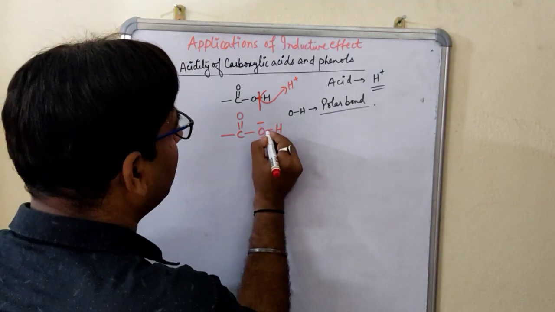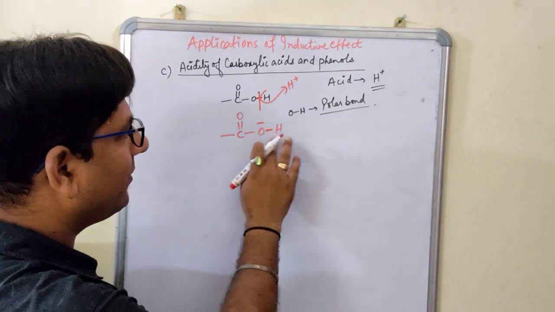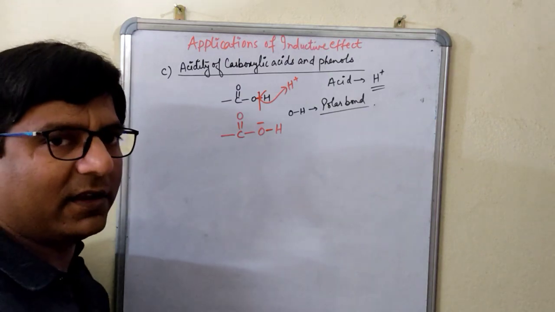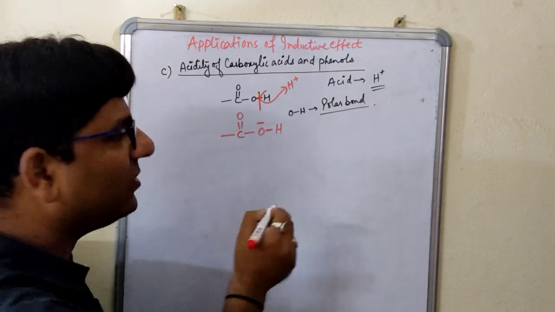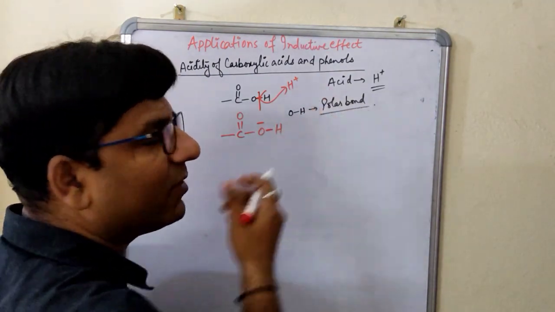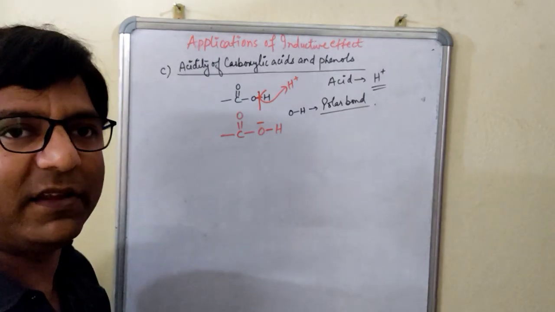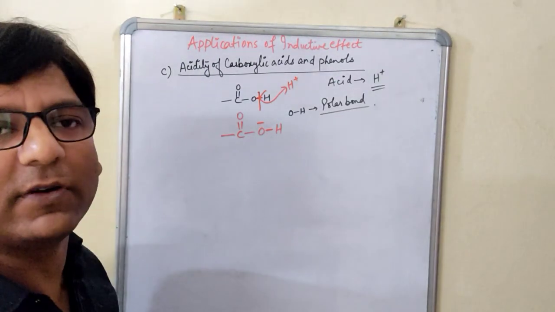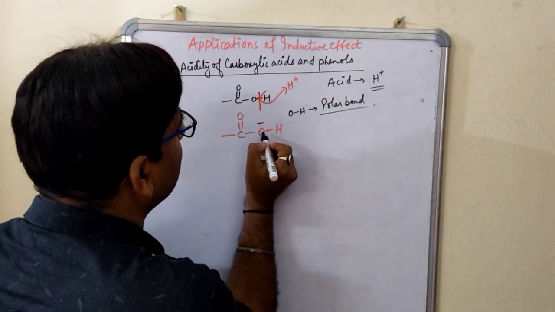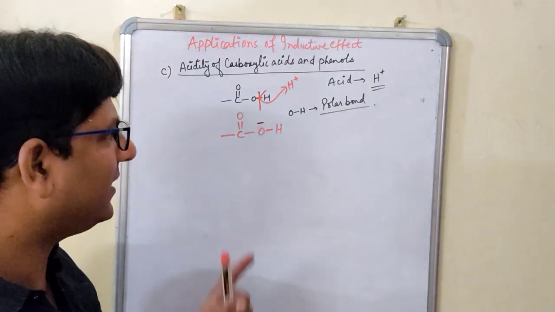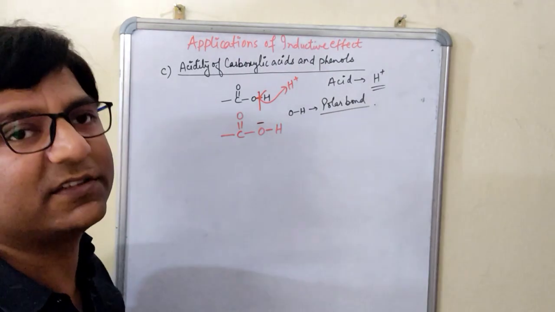That is why this is a strong bond between them, because of the polarity developed between these two atoms, oxygen and hydrogen. Because of their difference in the electronegativity, the bond is very much strong. It is not easy to break this bond so that hydrogen can move out in the form of H plus. For that we need to keep some substituent so that we can decrease the negative charge of this oxygen. What ultimately we have to do? We have to decrease the negative charge of this oxygen.